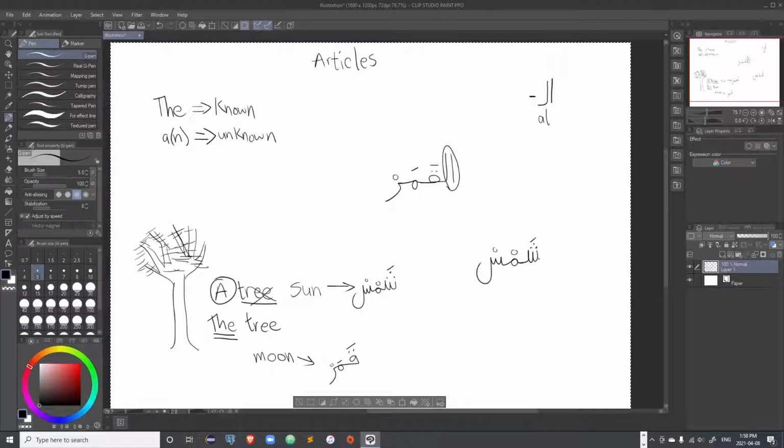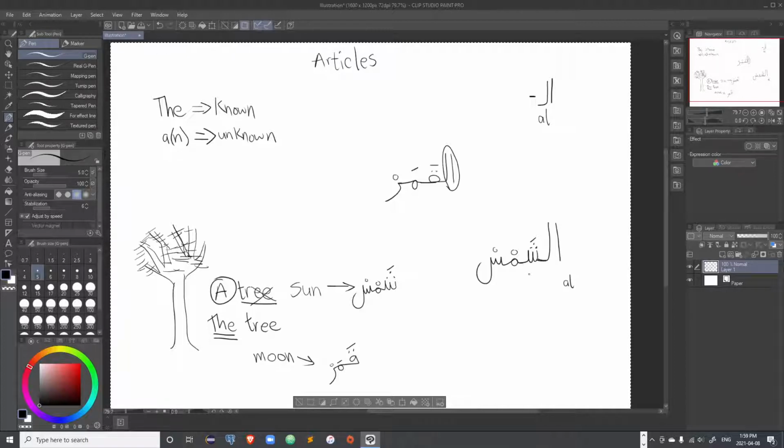Shams. Now, let us say I want to say the sun instead of a sun. I will add these two letters. Now here, it is not al-shams. For the word to roll off the tongue easier and smoother, instead of saying al-shams, you can see that there is a slight distinction between al and shams. So to make it roll off the tongue easier, we will fuse in pronunciation only. Fuse the lam with the sheen. So instead of saying al-shams, you will say